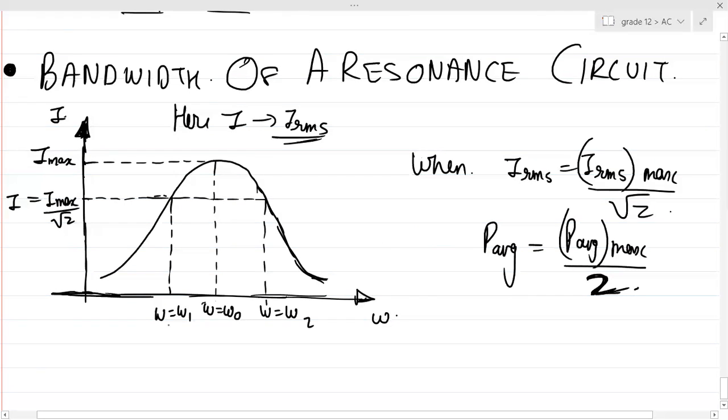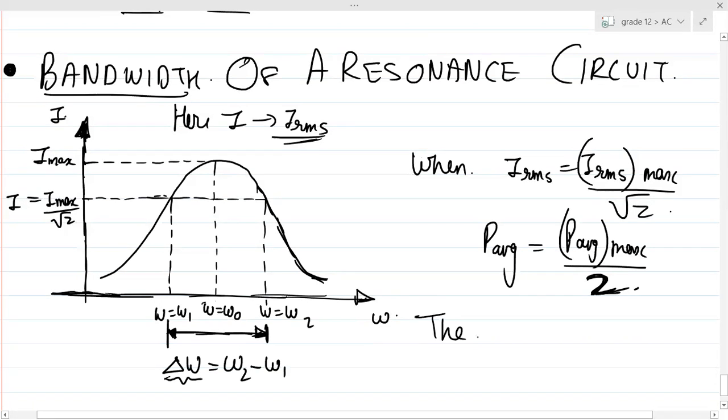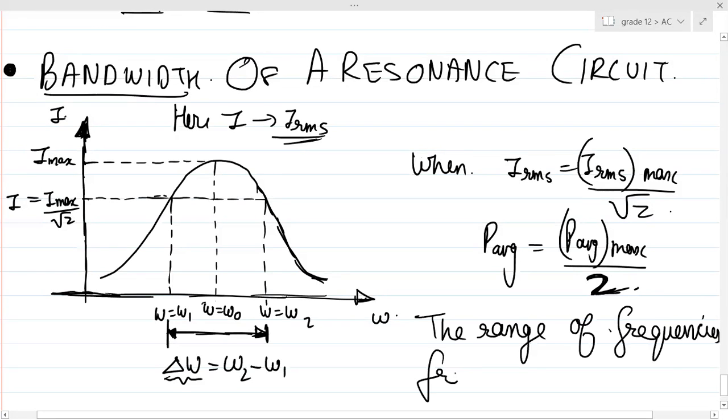Yes or no? So can you see there will be a range of frequencies from here to here? Delta W will be W2 minus W1. This W2 will be bigger and W1 will be smaller. So there is a range of frequencies which exists from W1 to W2. This delta W is called the bandwidth of a resonance circuit. So you can write the definition: the range of frequencies from omega 1 to omega 2,